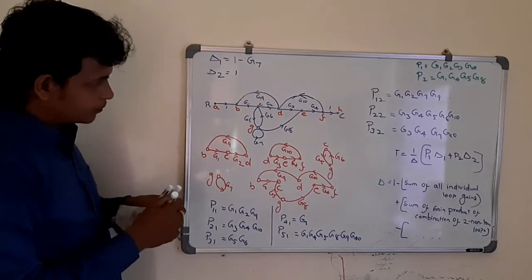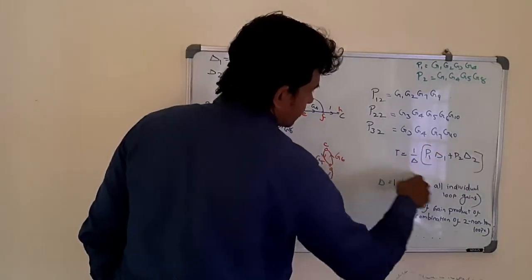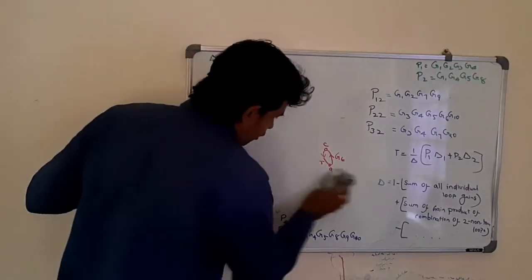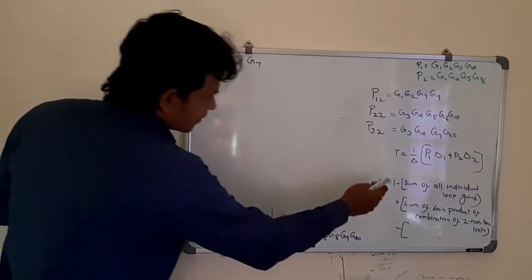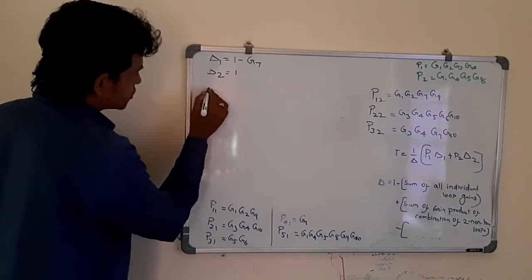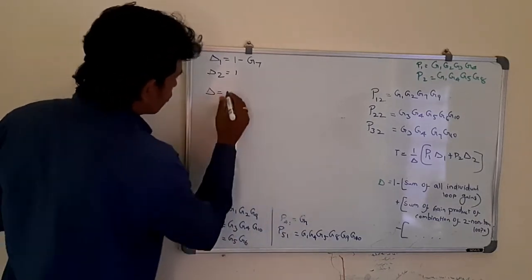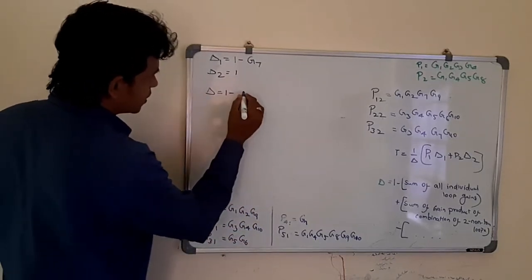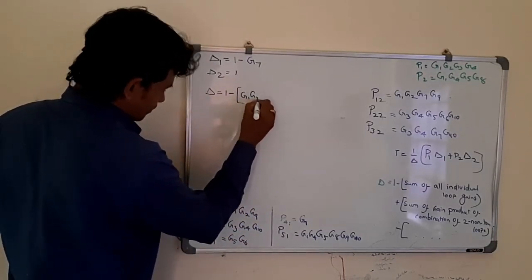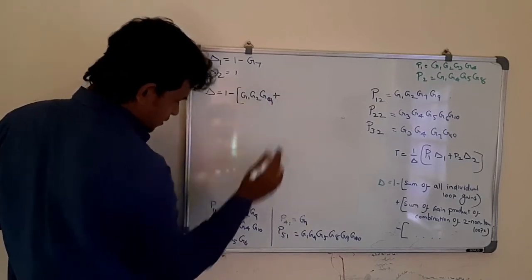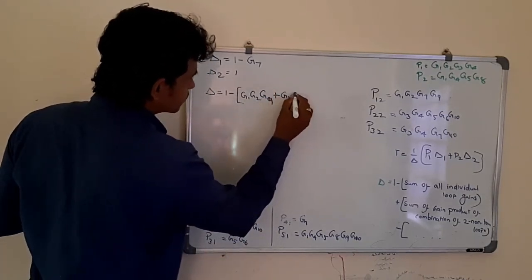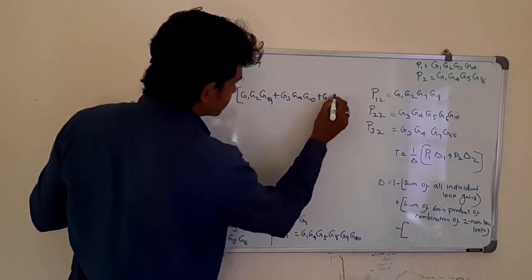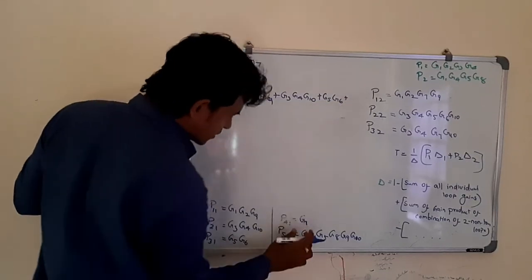Okay, now I have found all the elements of the formula. I am substituting all the elements in the formula and finding the overall gain. First let me find del. Del is equal to 1 minus the sum of all individual loop gains. So the sum of all individual loop gains means G1, G2, G9 plus G3, G4, G10 plus G5, G6 plus G7